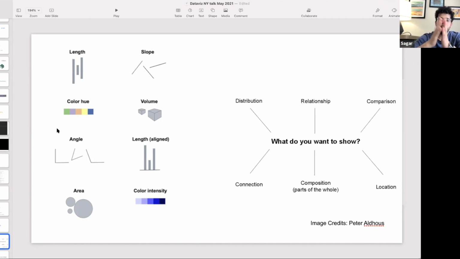Distributions can be shown with a distribution scale, which is sort of like an extension of a bar chart. Comparisons can be used in many different ways, like circle packing or other terms. And so having this sort of sequential guidelines is actually good for us to start training these natural language models or otherwise,